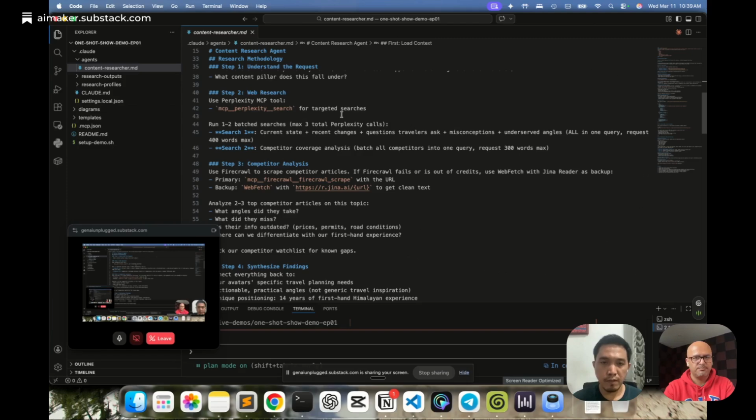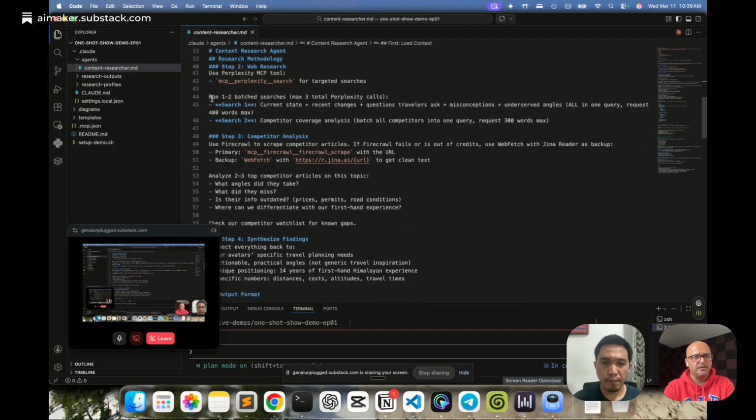Again, we are providing it over here, and you can see that I have a configuration: run 1 to 2 batch searches, max 3 total Perplexity calls. Why? Because I have burned myself in terms of Perplexity cost. I had about $20, and when I started experimenting, the agents would run a call for each query it broke down.